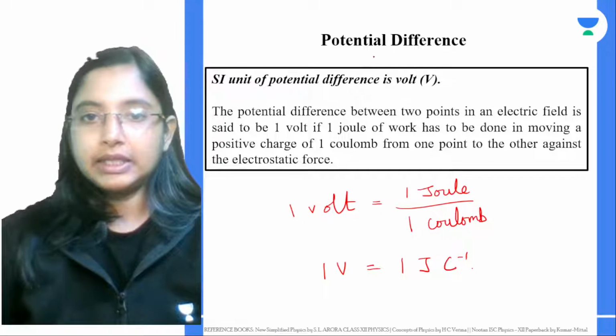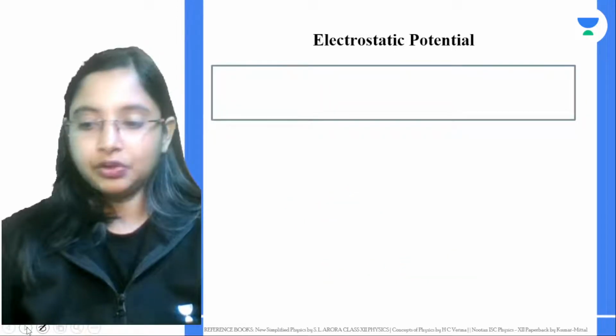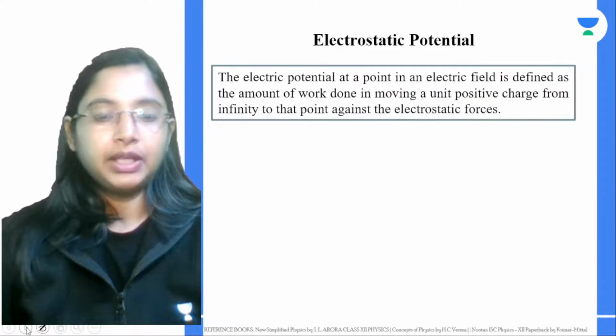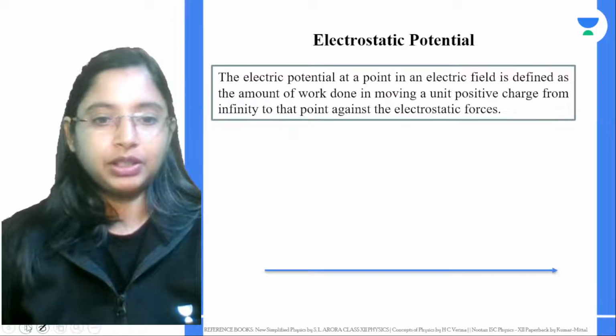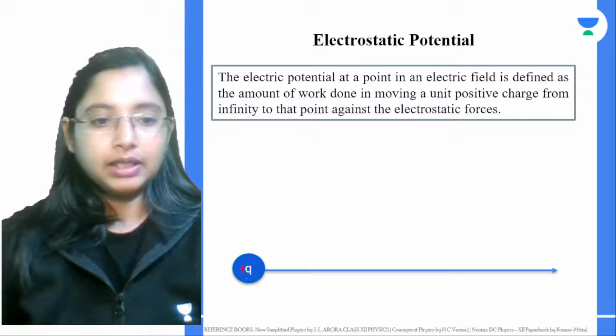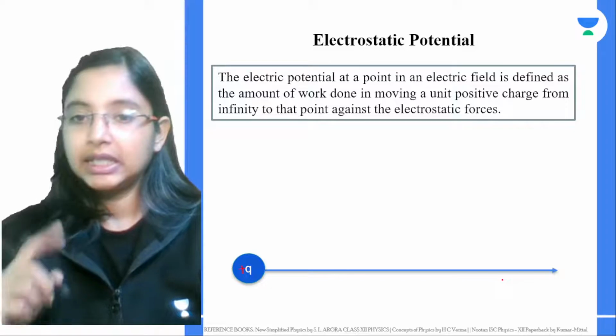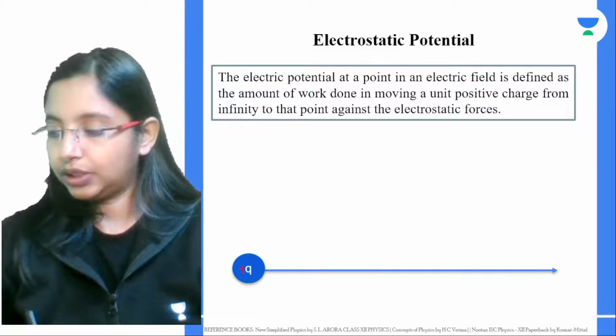Okay, now this is potential difference. Now what is this electrostatic or electric potential? That is again a very simple concept. Again, let's say there is a positive charge. Since it's a positive charge, the field lines are pointed radially outwards. This time what we are going to do is,